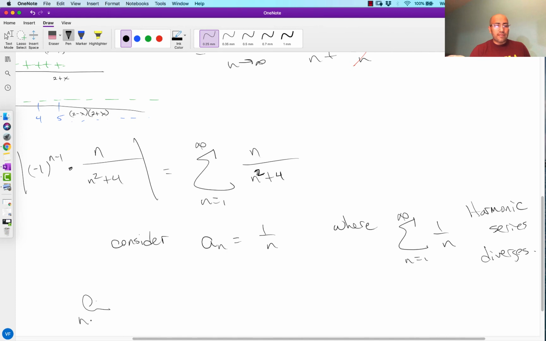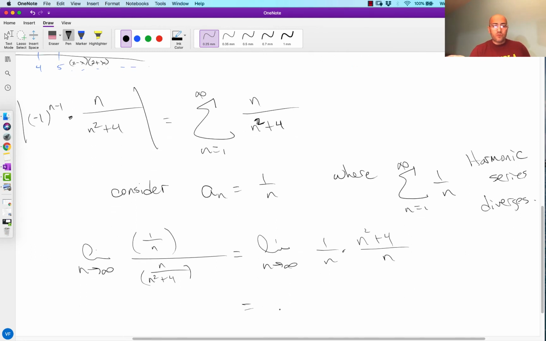The limit as n goes to infinity of 1 over n divided by n over n squared plus 4 is equal to the limit as n goes to infinity of 1 over n times n squared plus 4 over n,